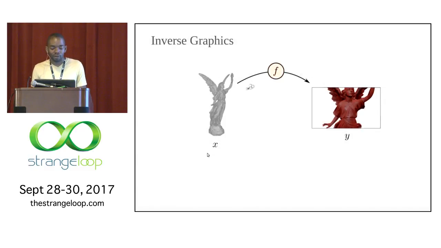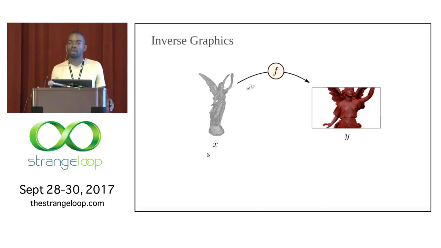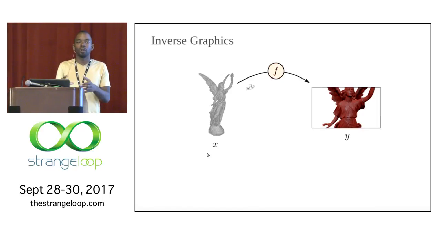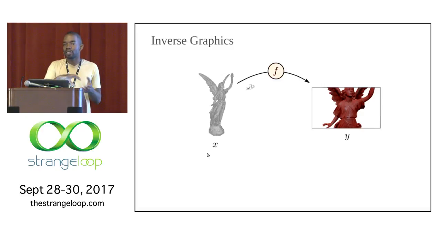So, at risk of giving too many different examples, the main example that I've been working on is this idea of inverse graphics. The question that inverse graphics tries to solve is: how do you see in the world? I'm sure everyone here is familiar with animated movies like Toy Story. The way Toy Story works, for example, is that they create a 3D model with geometry of the world. They render that, they basically simulate light to construct a 2D image.